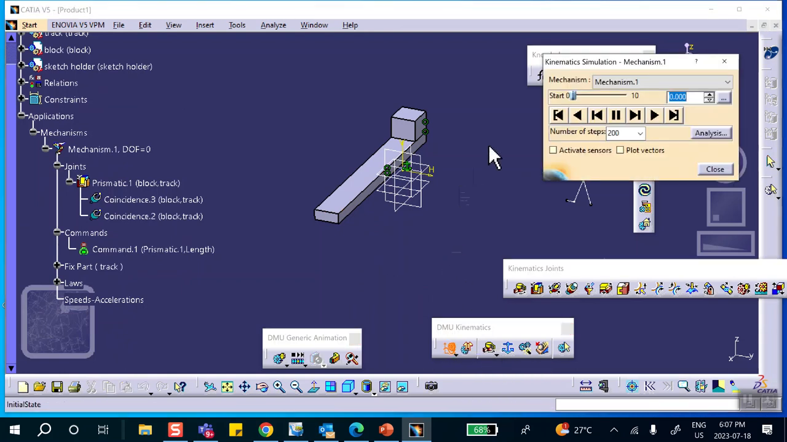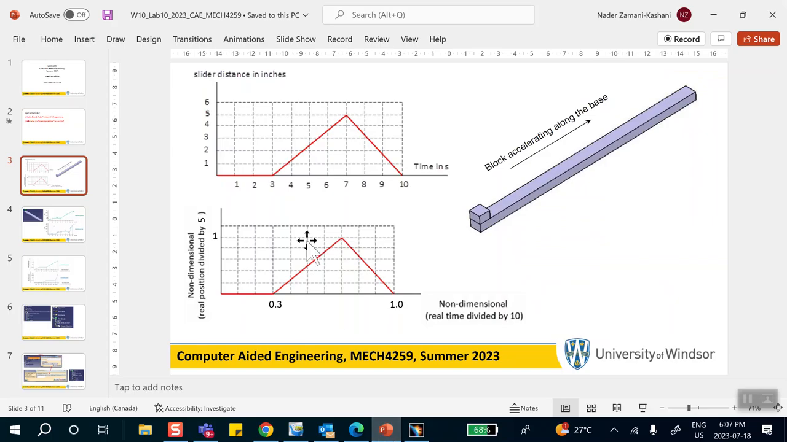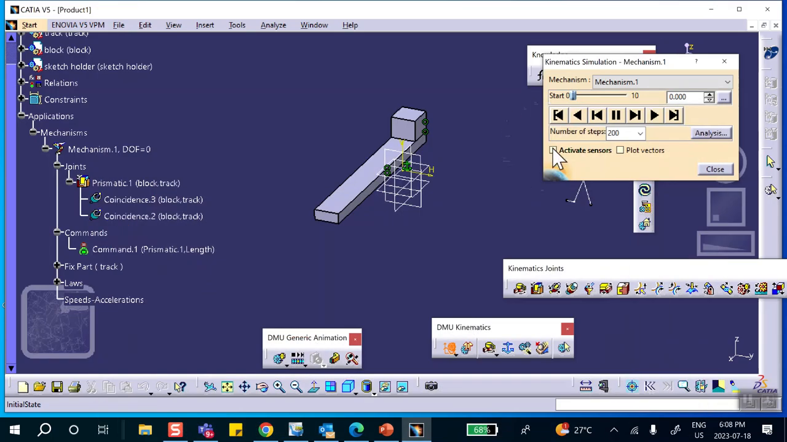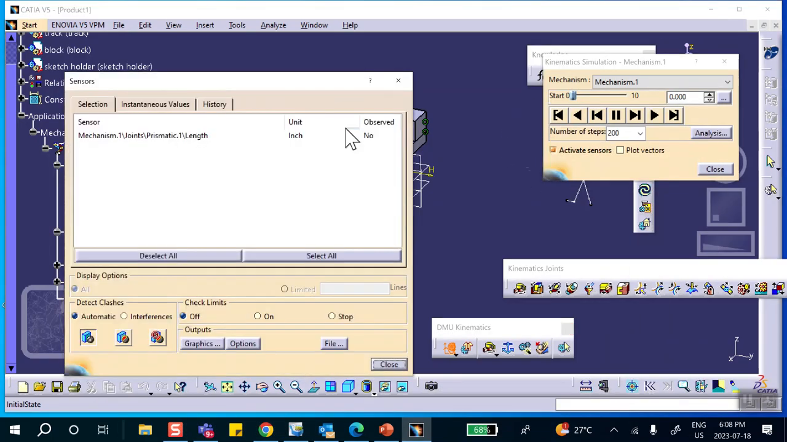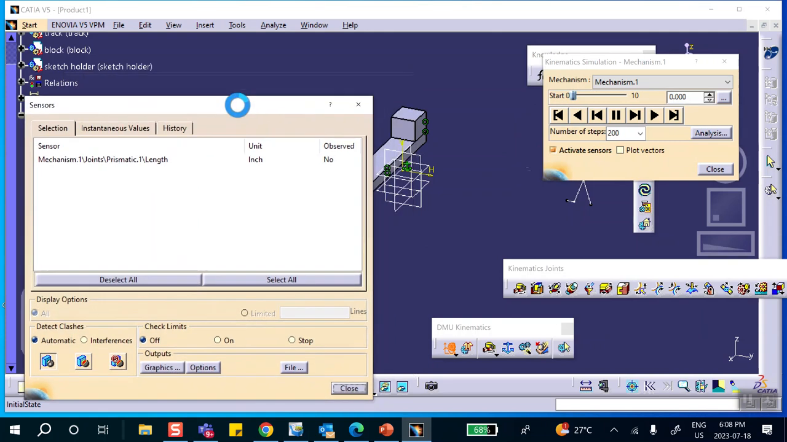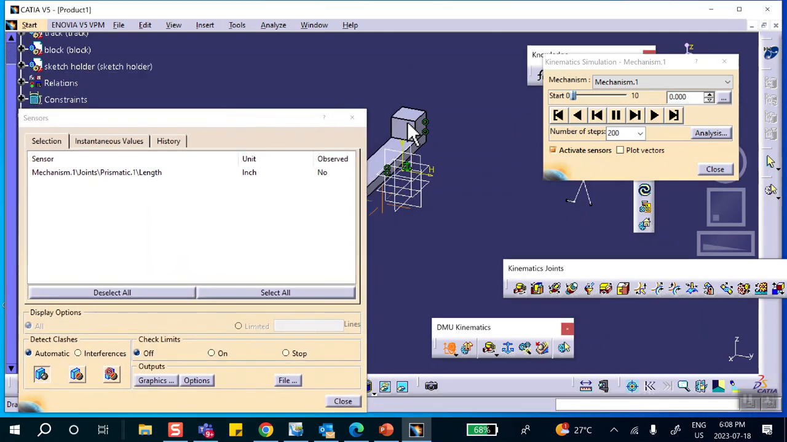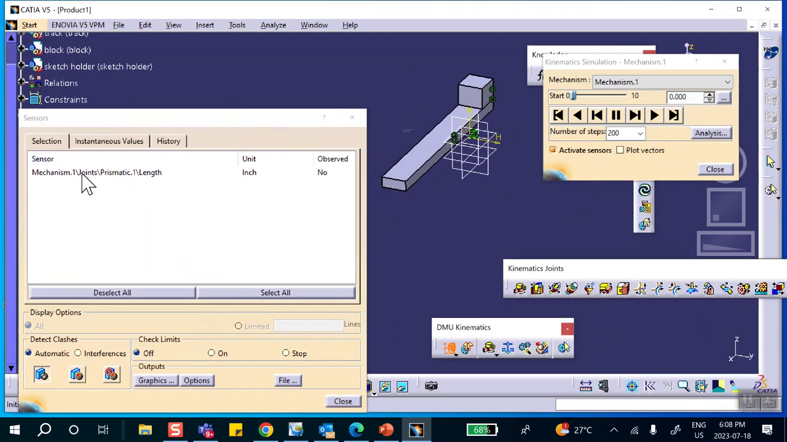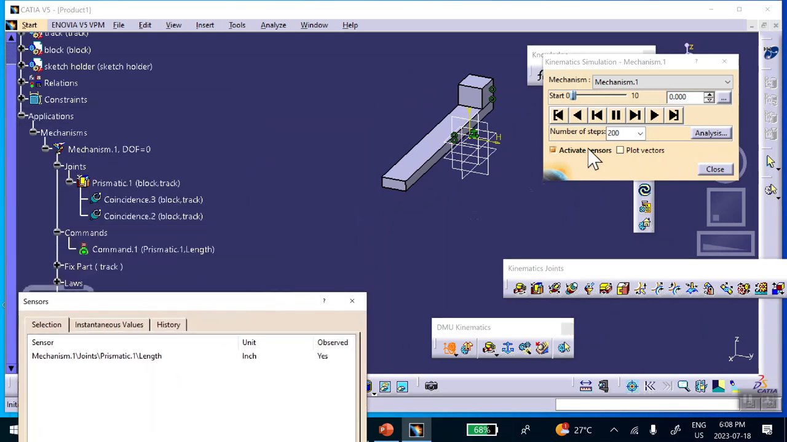Okay. Remember, I showed you in class on Tuesday that you don't have to create a sensor if all you want to do is to make sure that this curve was inputted correctly. You can if you want, but you don't have to. Just click on the activate sensor, and there are no sensors, but it shows you what your command is. This is the thing that I want to plot. So you say yes, select it, play it,